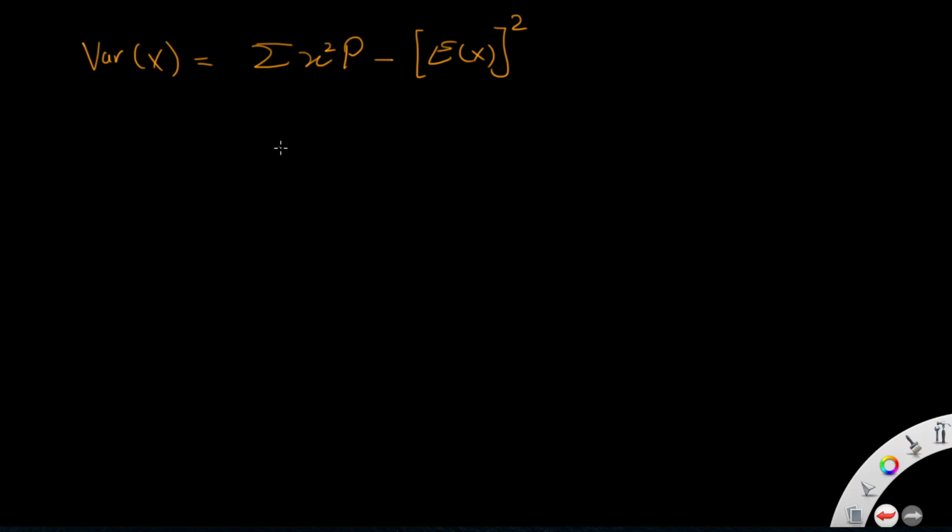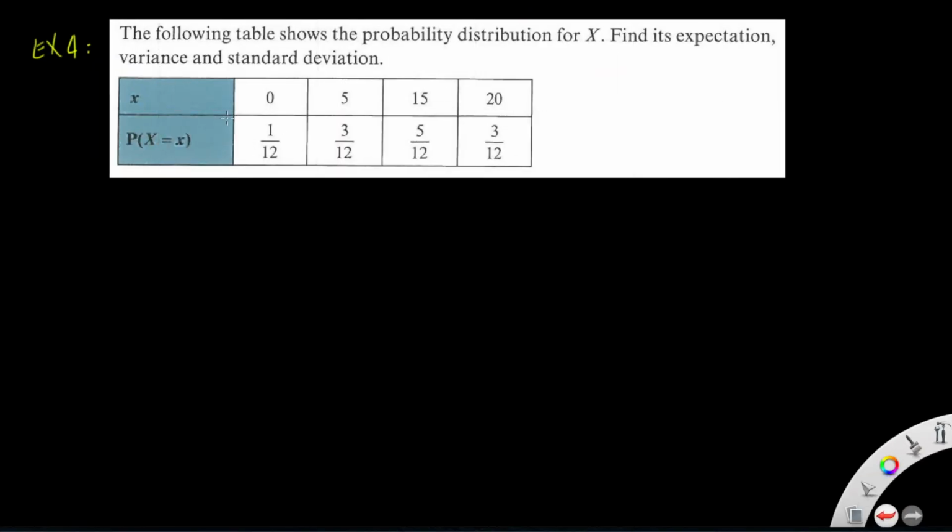Now let's see some examples. Example number 4 concerning expectation and variance. The following table shows the probability distribution for x. Find its expectation, variance, and standard deviation. Now, the formula for expectation is sigma x times the corresponding probability, which is equal to